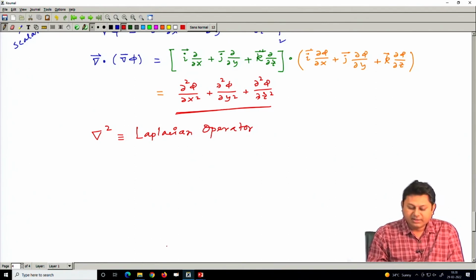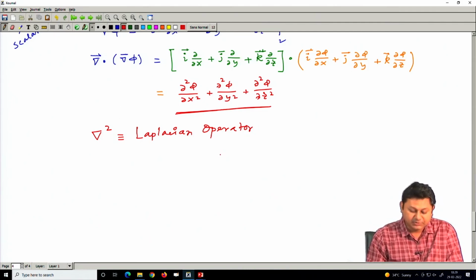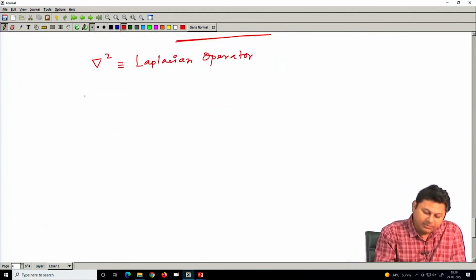Later we will find that we have a profound implication of this operator. In different cases we will get this fundamental operator and we will check how it works. But at this moment I would also like to mention that this operator